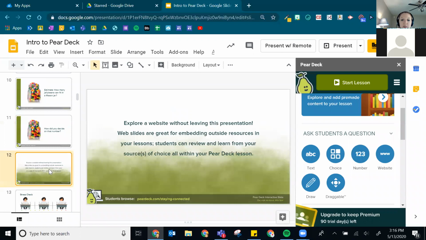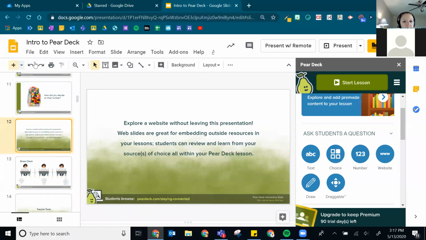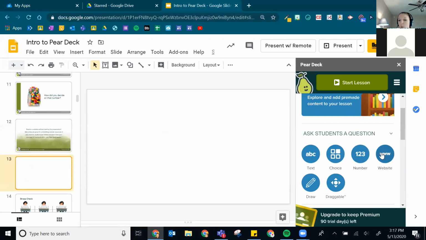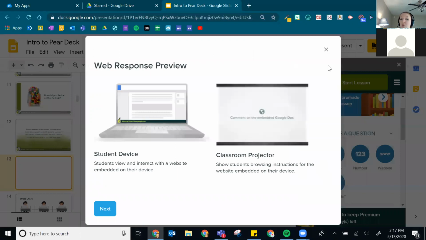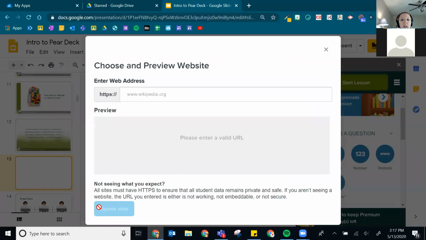We have an example of that here. So when I add a website, let me add a blank slide because I don't want to get rid of theirs. When I add a website, this allows my students to navigate within that website without leaving my Pear Deck presentation. So when I click on next, I'm asked to put in the address. So if I want them to explore